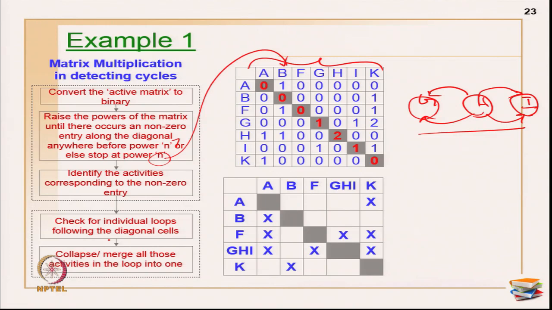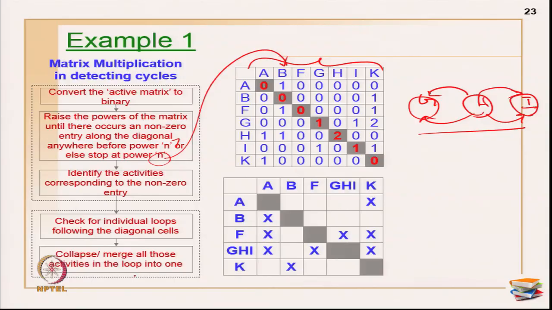The one way to do, again I am repeating, go through with the original example and trace for the cycle, so that you will get the cycle. Okay. Then what you should do, collapse or merge those activities on the loop into one. So, what I have done, G, H, I, since it is all in one group only, I have merged the G, H, I into one block. So, I have made it as one and I have merged the relationships also into one. Okay. So, I have now the new matrix which is like this.